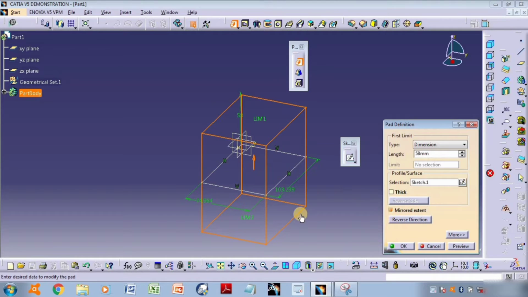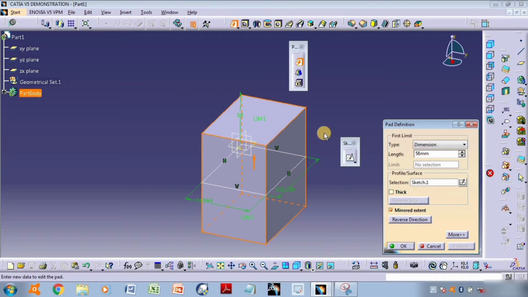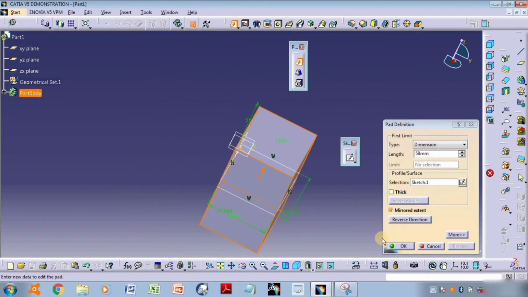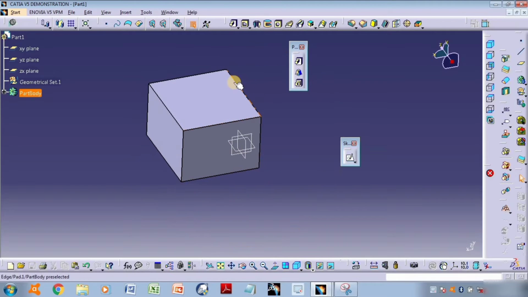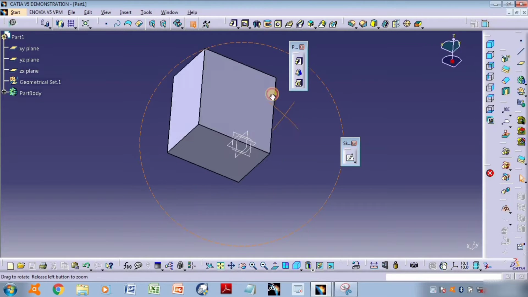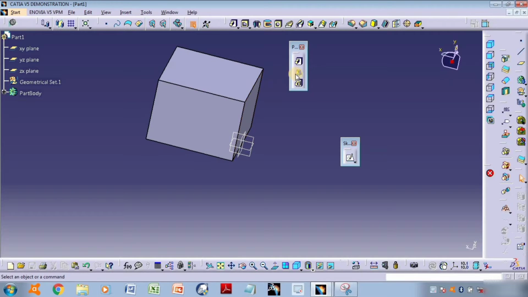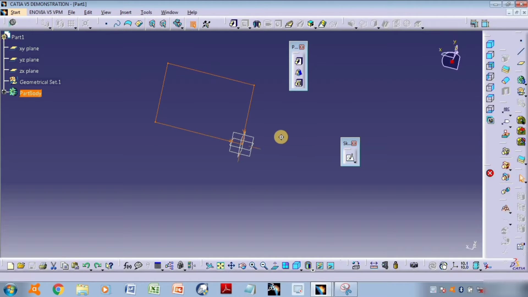I can extend it, reverse direction or preview. Then okay, here pad is completely done, and there's a command, draft fill pad, and for this I can undo this sketch.